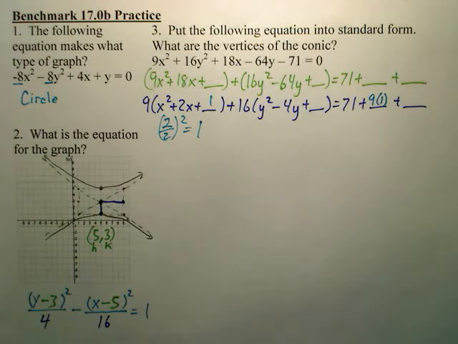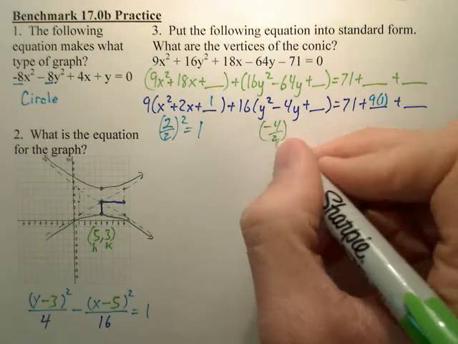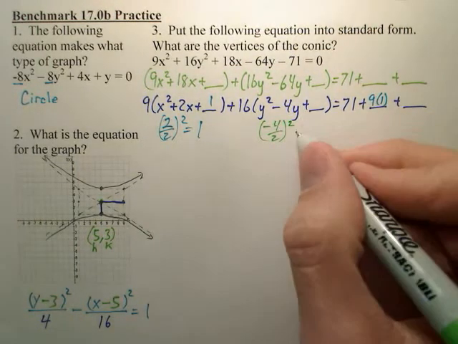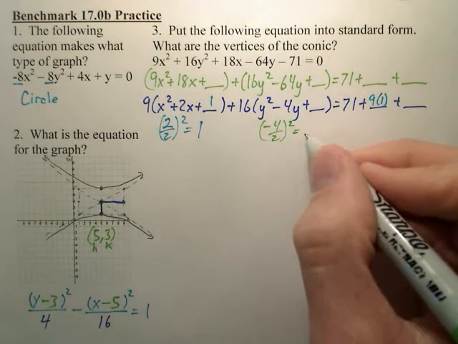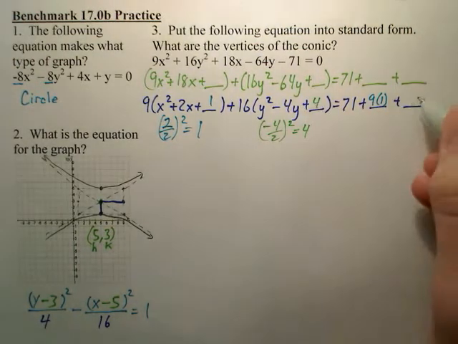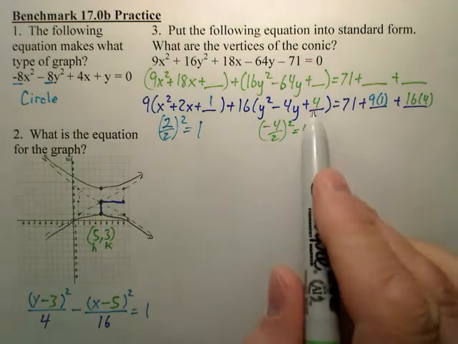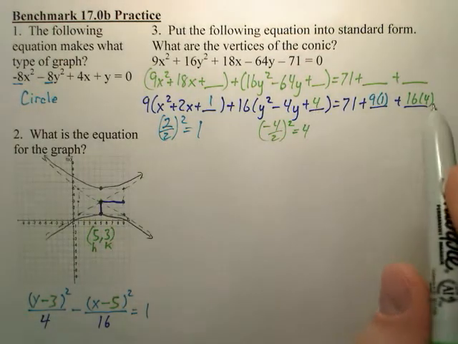Okay, just watch out for that. This one, take the negative 4, divide it by 2, and square it. That would give me negative 2 squared, which is 4. But it's not just 4, it's 16 times 4. So this is going to be 16 times 4, because you're actually adding more than just 4, you're adding 16 times that, so you have to add the same